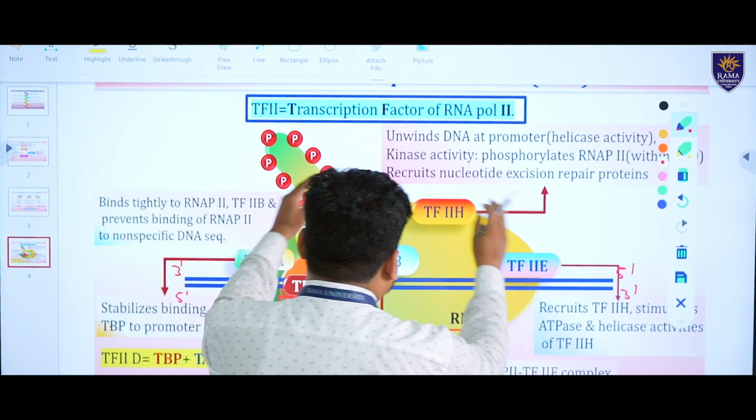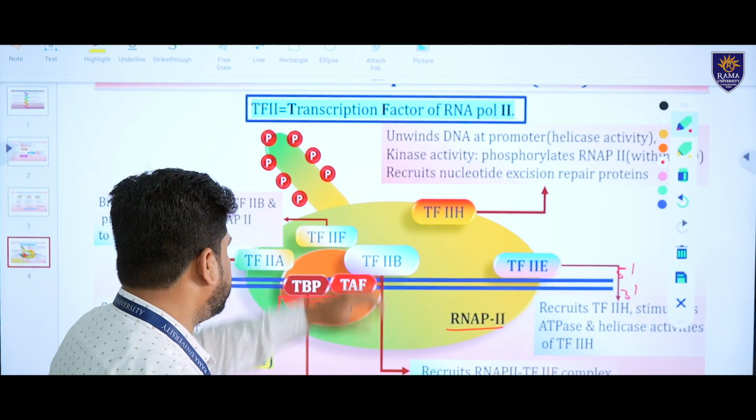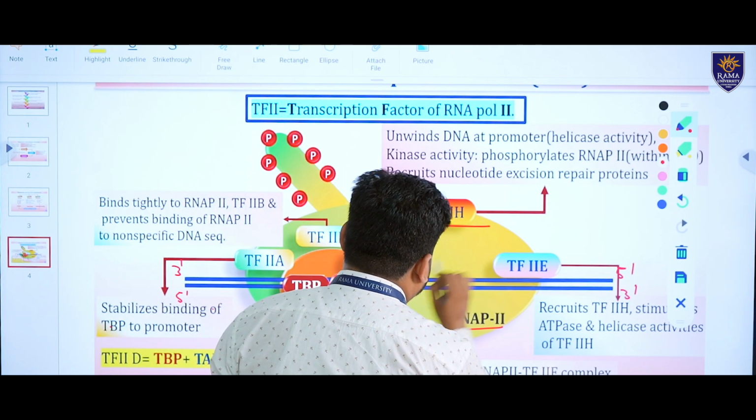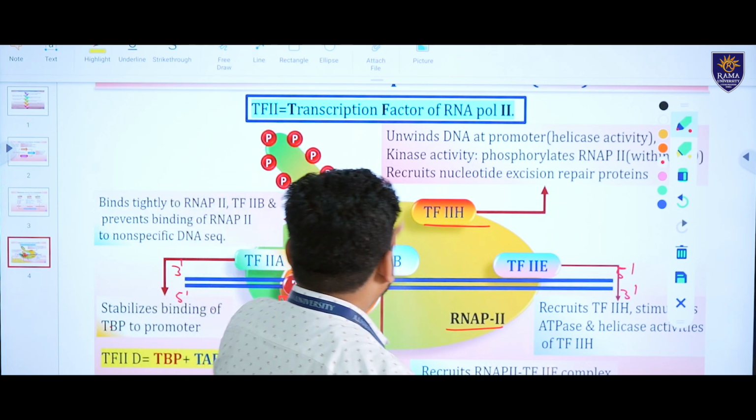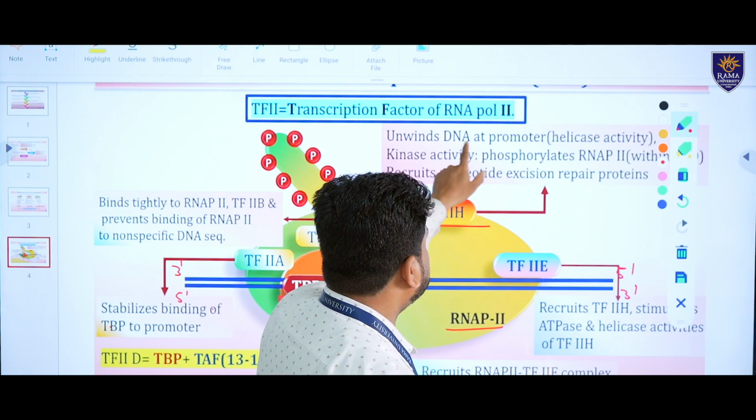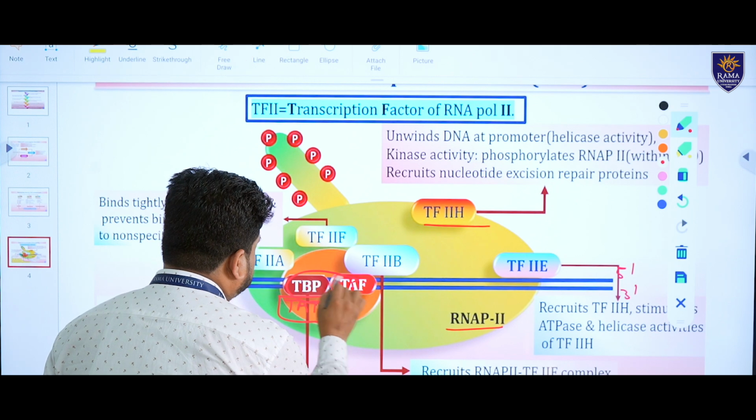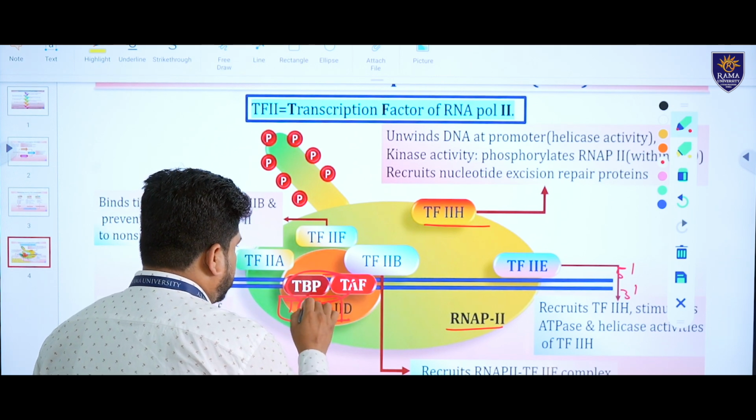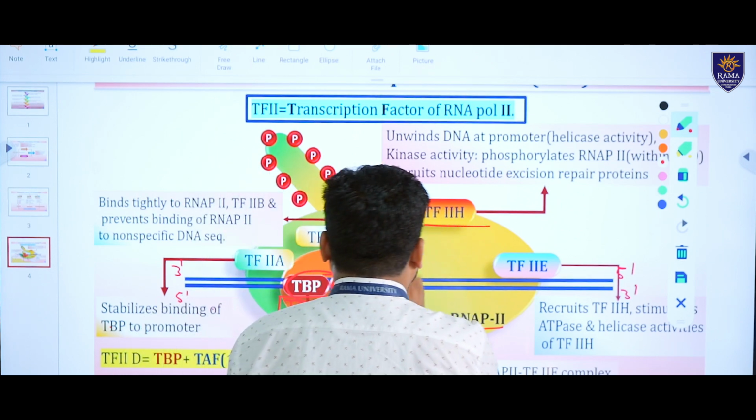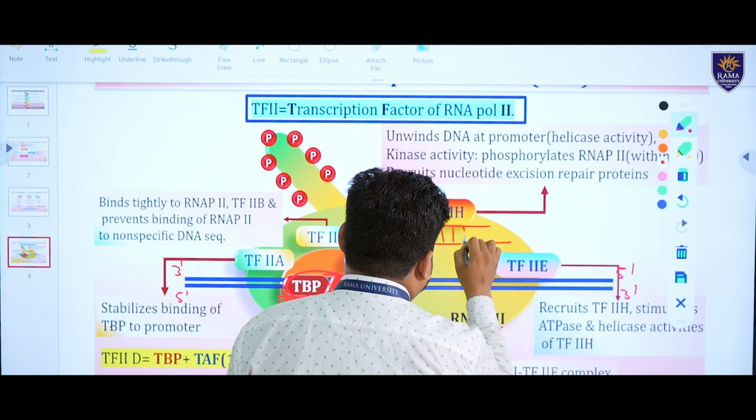This whole complex is called the holoenzyme. Okay? And this is transcription factor II H. It has unwinding and helicase activity, and unwinds the DNA at the promoter site, where the promoter binds to this place. This is the TATA box, and promoters bind, and helicase activity means it breaks the double stranded DNA molecule's nitrogenous